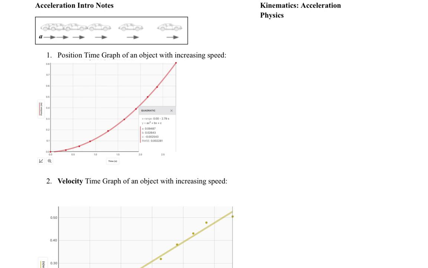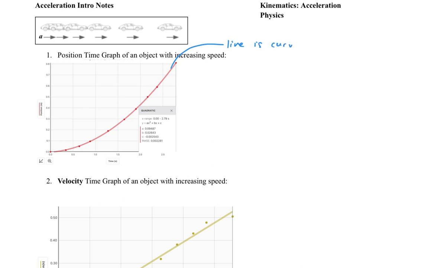speed. Now, there's a couple things that you need to notice when you're looking at the position graph and you see increasing speed. First of all, how do we know it's increasing? And how do we know it's changing at all? So when I look at this graph, I can tell that, very different to what we saw before, the line is curved. So this line right here